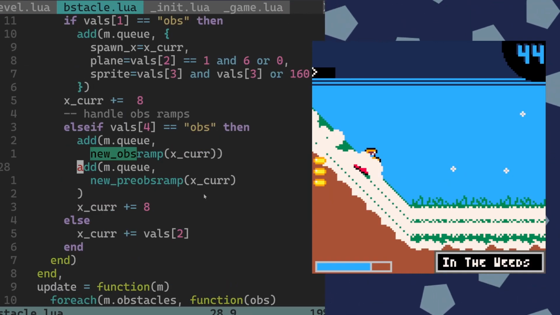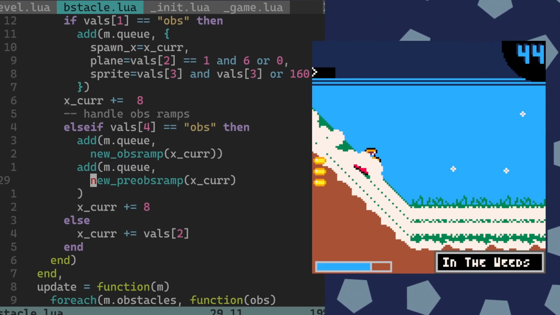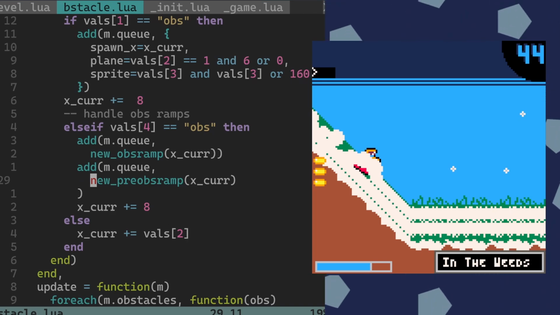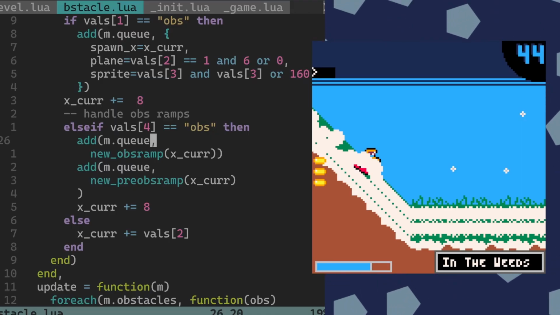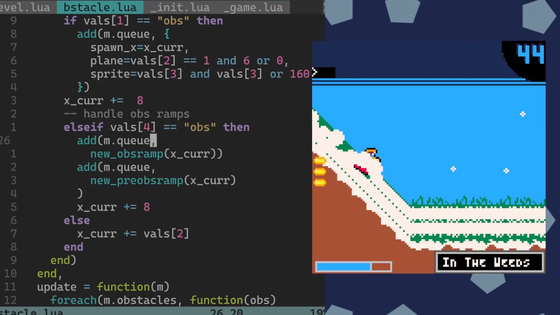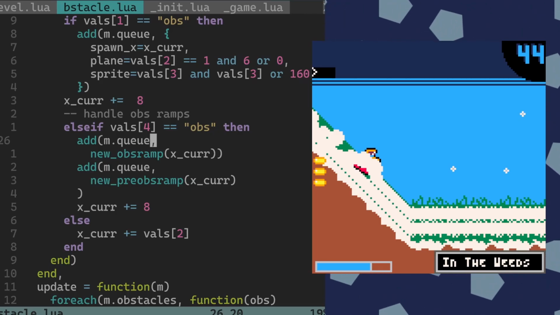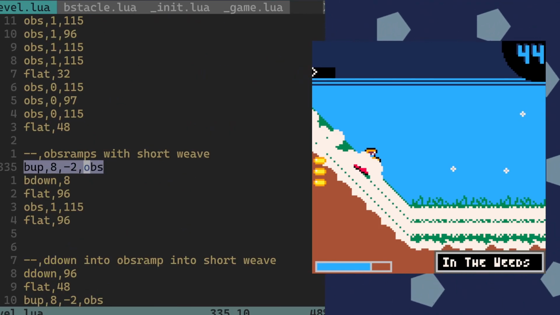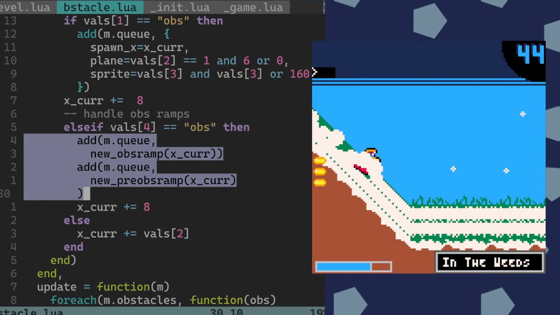Similar idea here to what we did before when I added this new obs ramp. I've just added another helper function, new pre-obs ramp, which is just creating a new obstacle object with the right coordinates, throwing it into the queue, which means whenever we come into this obs ramp thing in our level notation, we're actually adding 2 obstacles to the queue at the same time. So again, the notation stays relatively short, but the amount of info that we're packing into that one little line here where we're putting obs at the end, that fires off these 2 objects. So they're automatically added into the level. And what that's going to look like when we run it